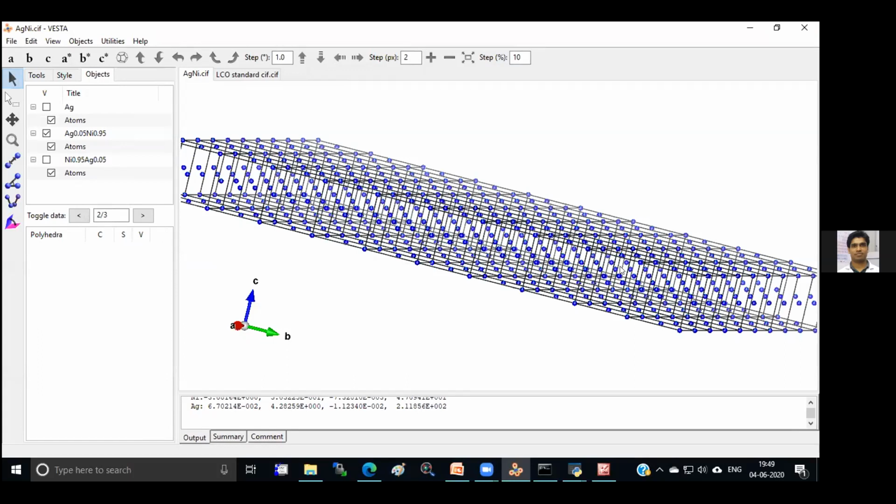Okay. My question is, you have a CIF file of metallic nickel and the CIF file of Ag2O or AgO instead of metallic Ag. Then, in that case, silver oxide has a different crystal structure, so that will not work.